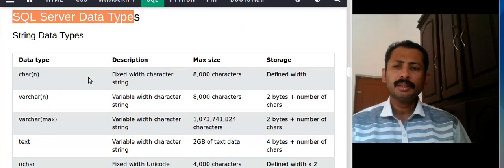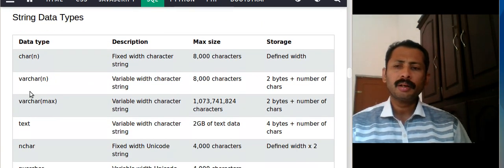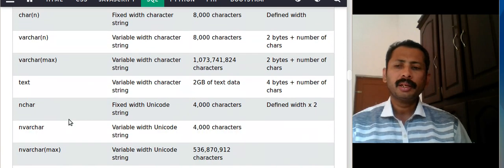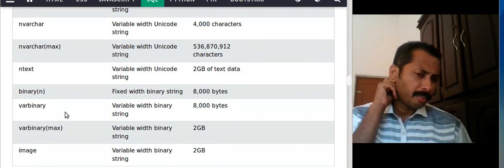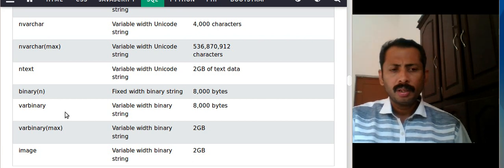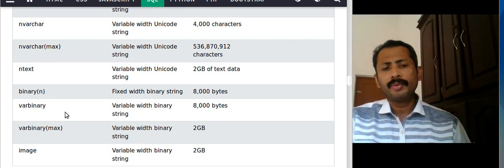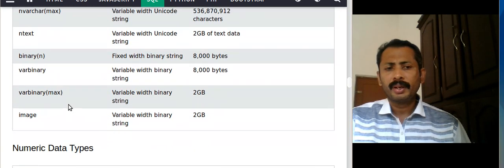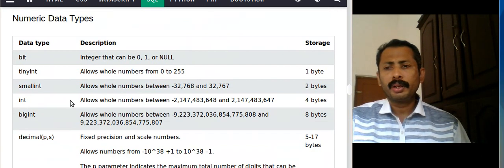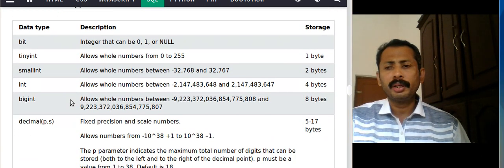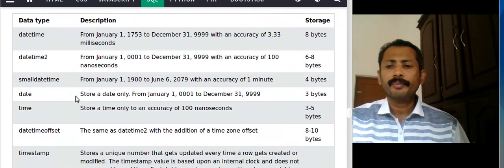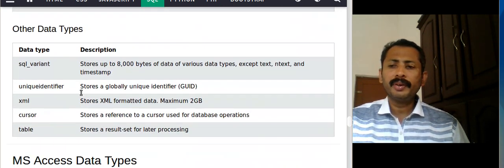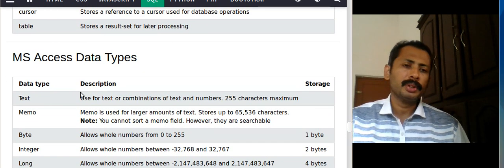It has CHAR, VARCHAR, TEXT, NCHAR. So in each DBMS it has its own keywords for storing these field types. Okay, numeric: BIT, TINYINT, SMALLINT, BIGINT, DECIMAL, NUMERIC. So these are the different data types used in SQL.